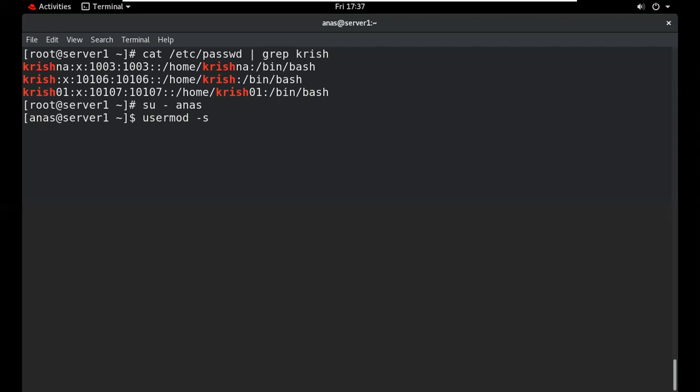So this is the nologin shell. We can apply /sbin/nologin. So this is a non-interactive shell. The other is an interactive shell. By using this interactive shell, we can log in on the system. And we can also provide the non-interactive shell when we want no interaction with the system. So we can provide this particular shell. So this is the option and this is the information of the shell. So this information will be changed. And if we want to change this information also, we can assign it by using this particular option.